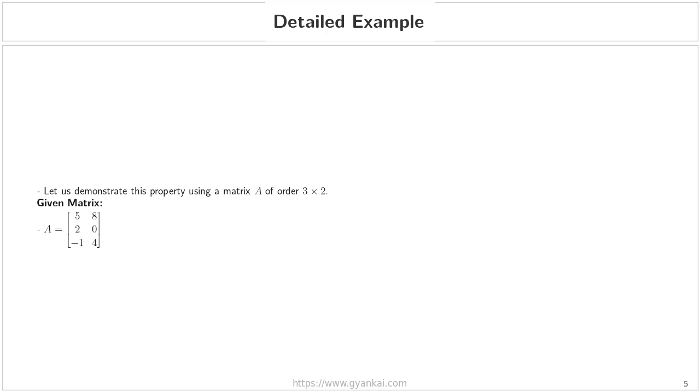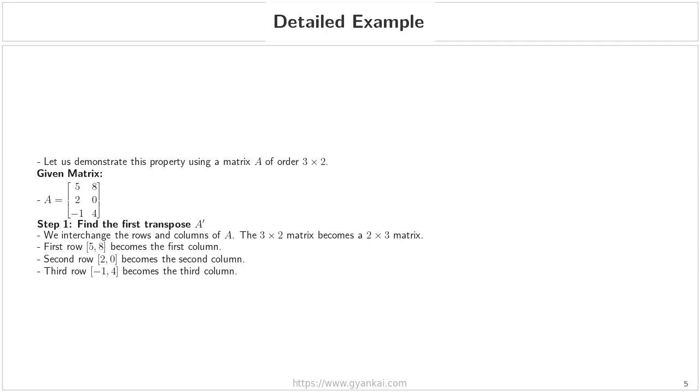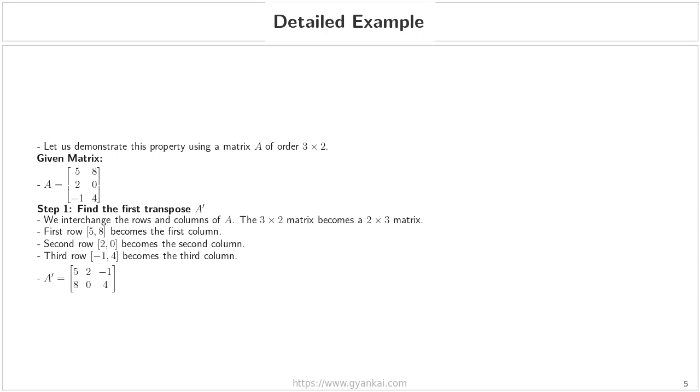and 4. We will begin with step 1, finding the first transpose, denoted as A prime. To do this, we interchange the rows and columns of matrix A because we are switching the dimensions. Our 3x2 matrix will now become a 2x3 matrix. Specifically, the first row, 5 and 8, becomes the first column. The second row, 2 and 0, becomes the second column, and the third row, -1 and 4, becomes the third column. This results in matrix A prime, where the first row is 5, 2, -1, and the second row is